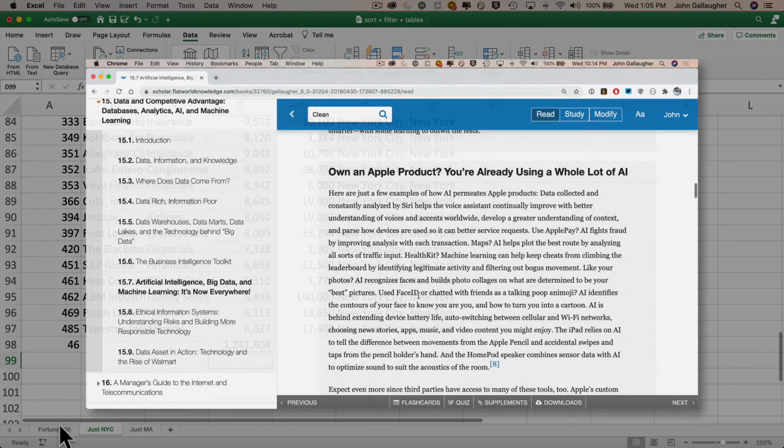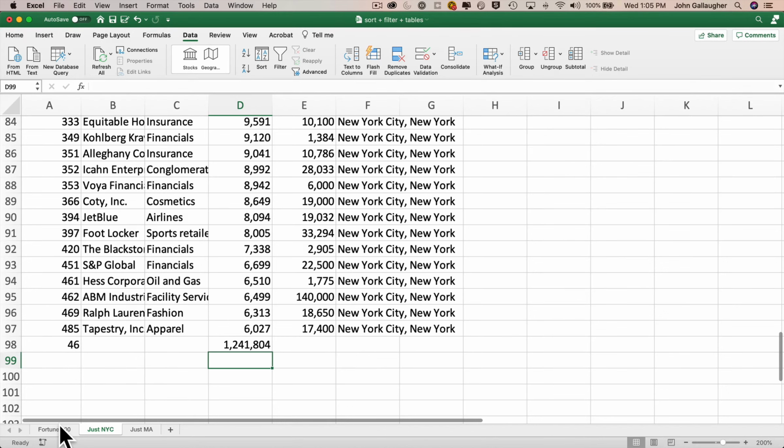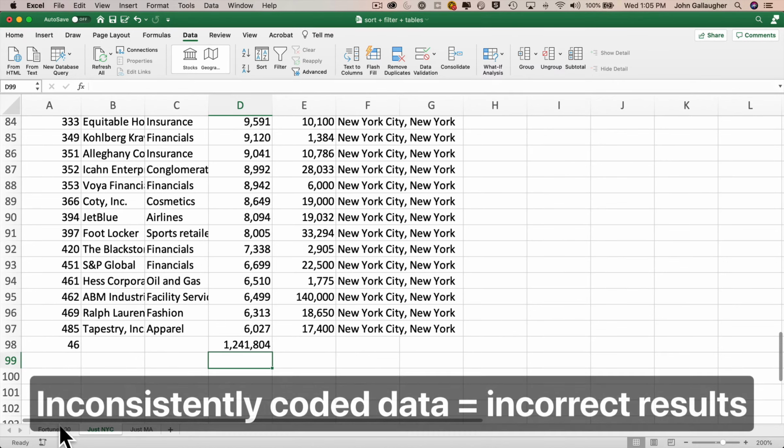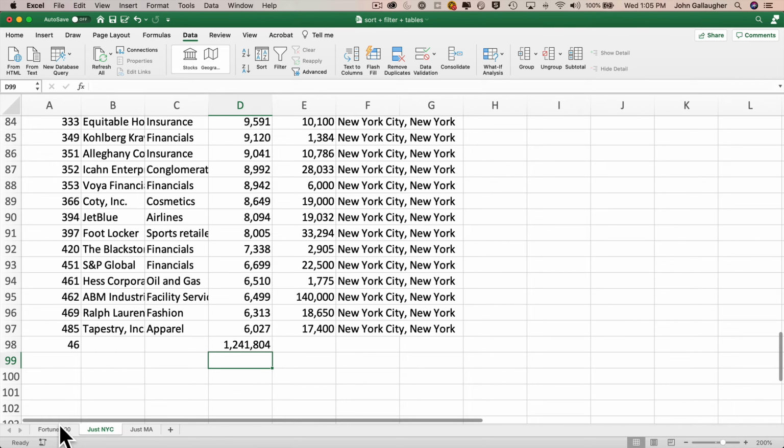Now, we're seeing the same issue in Excel because if you filter or sort on a specific term, and that term isn't used in the same way throughout your data, you're going to get inconsistent and incorrect results. Here, our revenue calculation would have been off by over $15 billion. So dirty data, a big deal. You want to make sure that you've got consistent coding throughout all of the data that you filter and sort on. So we'll leave the Just New York City worksheet here as an example of the problems with dirty data,